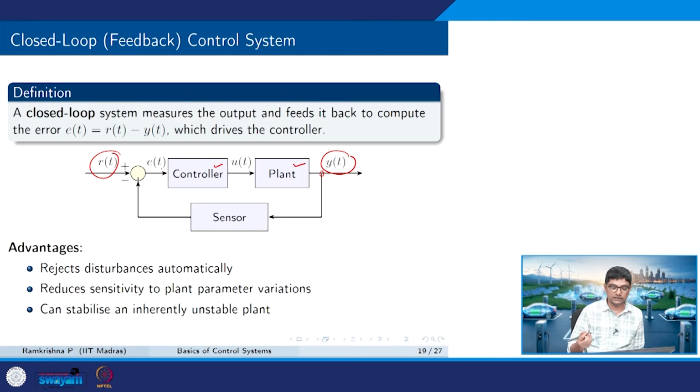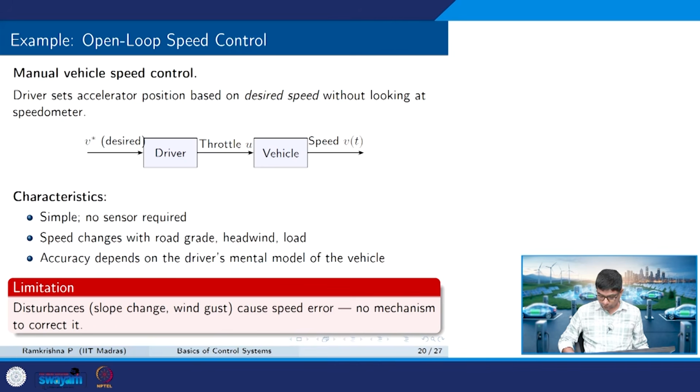Advantages that we will see is that this will reject disturbances, it reduces sensitivity to parameter variations, and also we will see the power of feedback on stabilizing a system which is open loop unstable. That we will do while we design our control loops. Okay, so